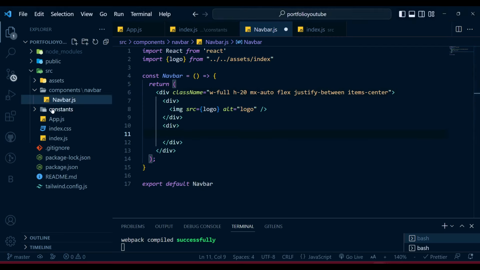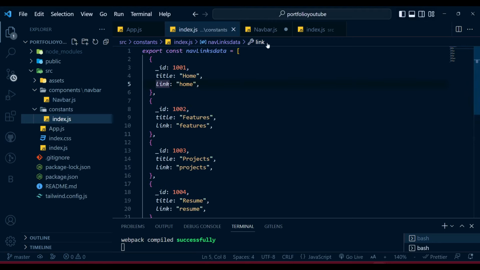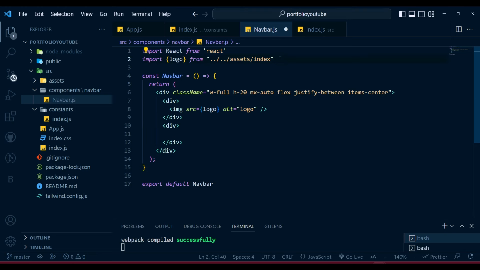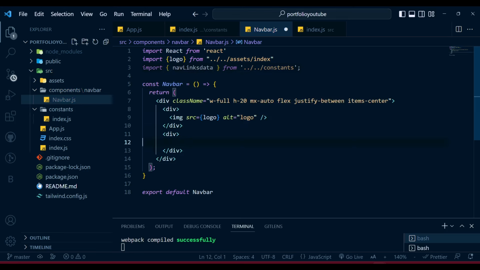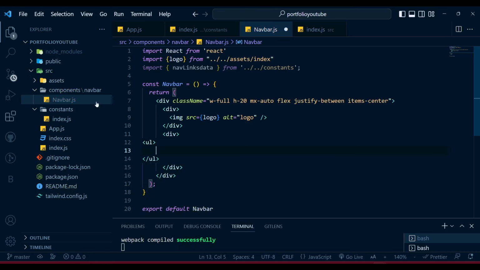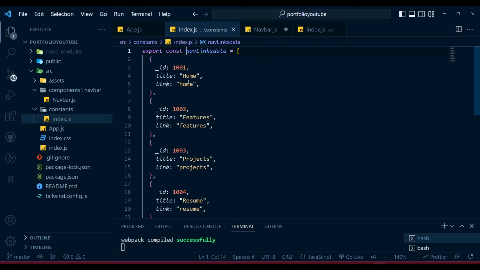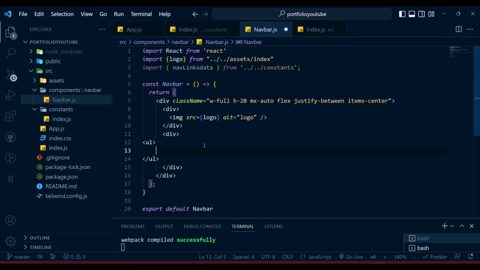So as you remember, in the constant file we created our navlinks data. We need to import that navlinks data in our file. So now import navlink data, and now here what we're gonna do, we're gonna create a UL, and then we also create the LI. First, that navlinks data, as you may see, is also an array. So we can map through that array and give every single item as a list item, right? So what we're gonna do,